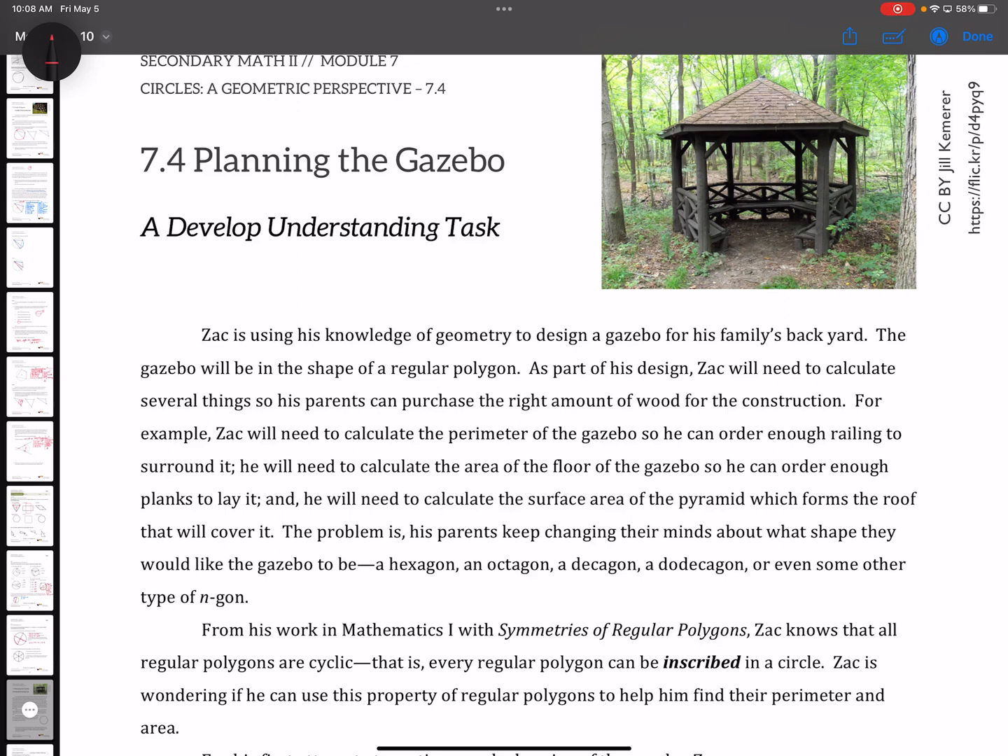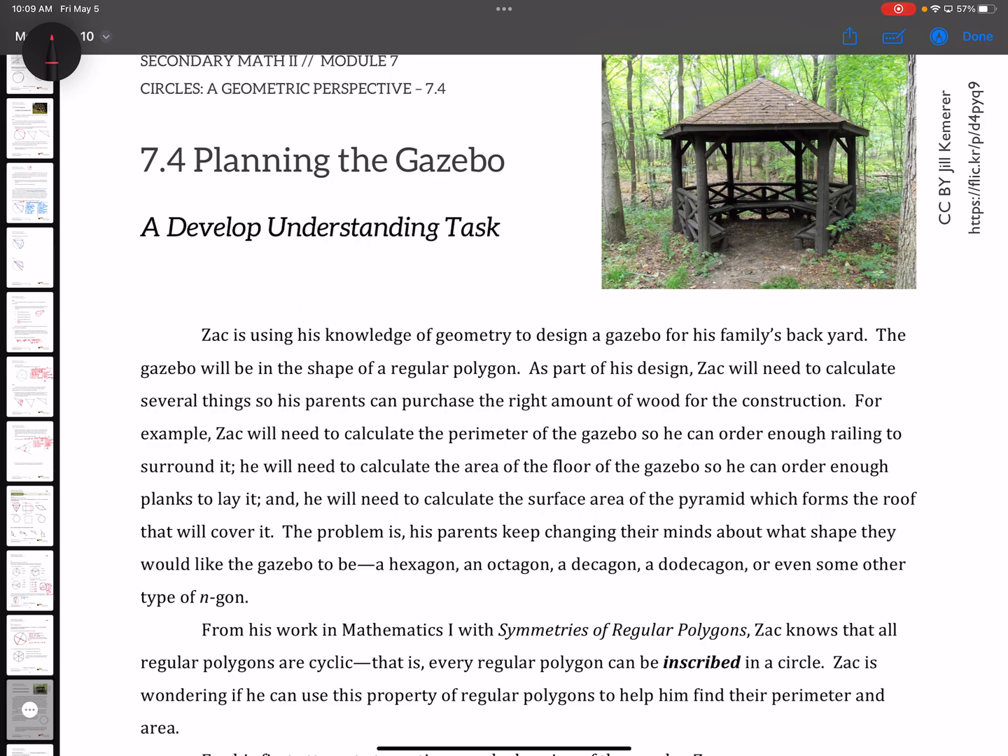Zach is using his knowledge of geometry to design a gazebo for his family's backyard. The gazebo will be in the shape of a regular polygon. As part of his design, Zach will need to calculate several things so his parents can purchase the right amount of wood for construction. For example, Zach will need to calculate the perimeter of the gazebo so that he can order enough railing to